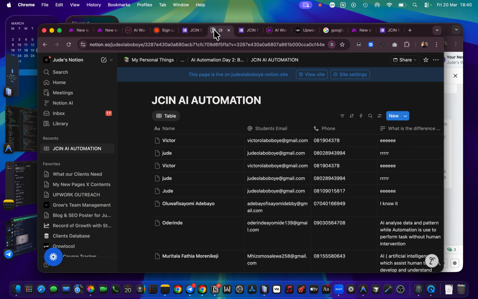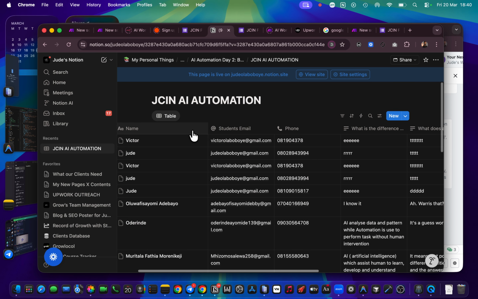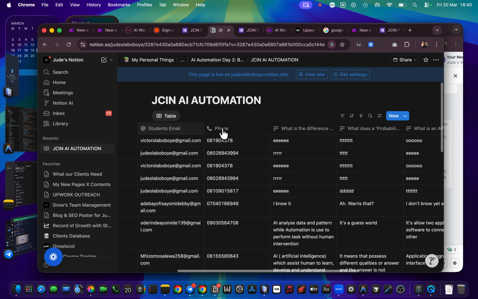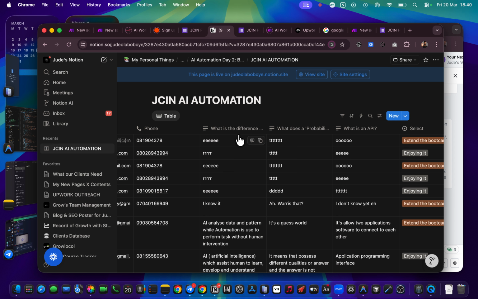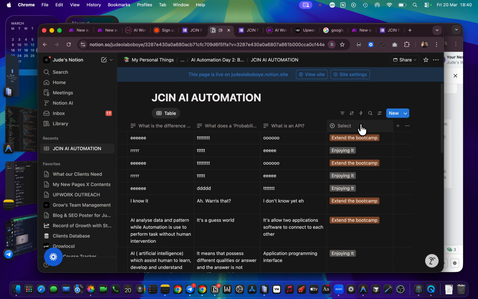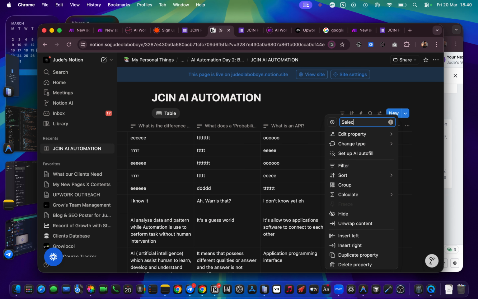So we need to also create a corresponding receiving database that also has name, email or student's email, phone number, which is the WhatsApp number, then the three quiz questions, 1, 2, 3 here, and where we are going to save in the feedback. We also have it here. In this case, I didn't give it a name exactly. Let me just save it as feedback.